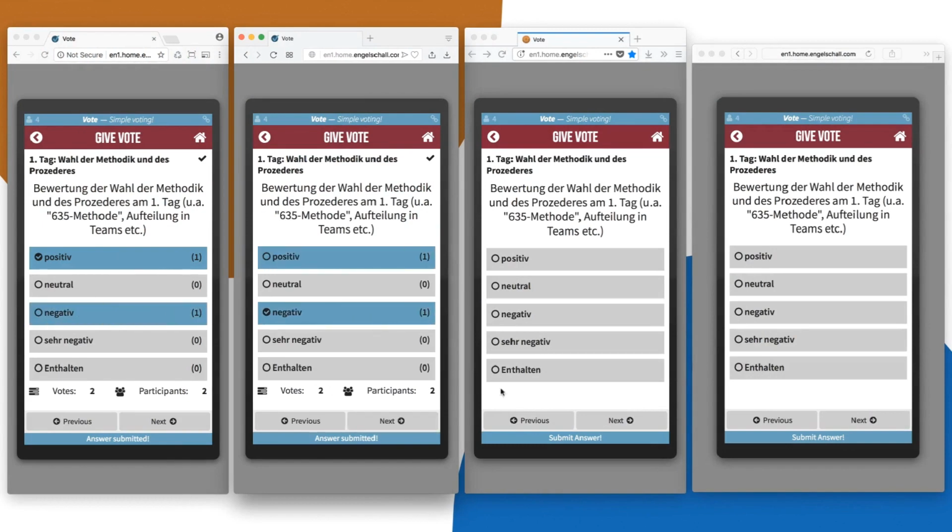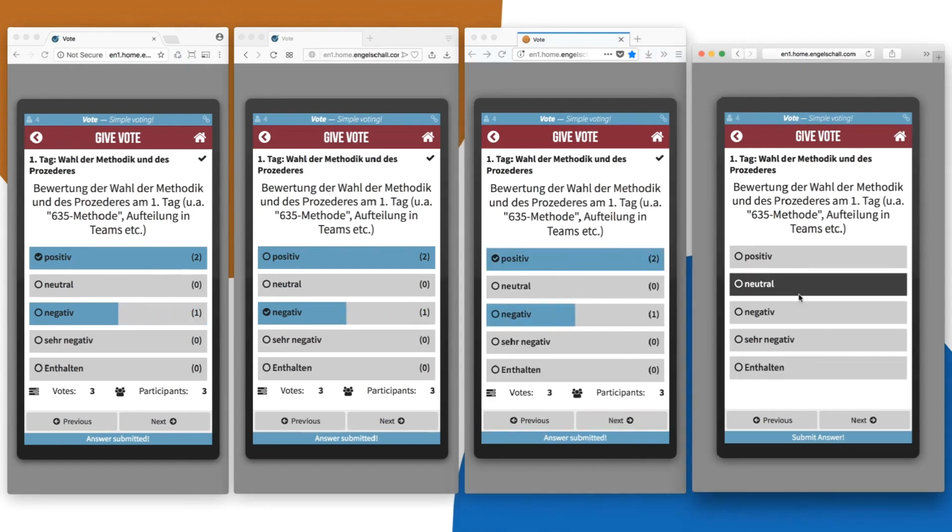Person number 2 gives its vote and 1 and 2 sees it. 3 gives its vote and also 1 and 2 sees the updates, and person number 4 gives its vote and person 1, 3 and 2 and 3 also directly reflect this information. Sure, this is just an optical gimmick here, that the bars are reflecting the current status, but this is actually